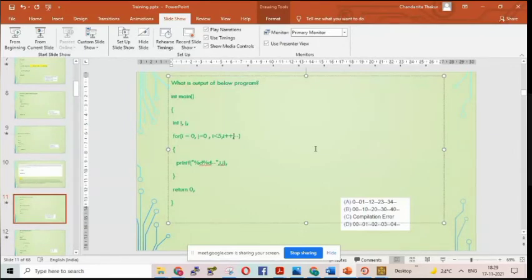But I can make use of j and use the decrement operation, so next loop j will be decremented. If on the same variable I am doing increment and immediately decrement, both will just cancel each other's effect. 1 plus and 1 minus will cancel the effect of increment and decrement.